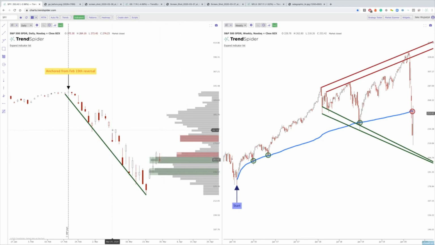So first off, SPY, we've got a daily chart and a weekly chart here. And what you'll see is we finally caught a little bit of a bid over the last week or so, capitulated down right around to 218 and then reversed hard from there. So with the close on Friday, we can see that from the 19th of February's reversal, which was really the day that this all started to come down, the next day is when we had that little blip